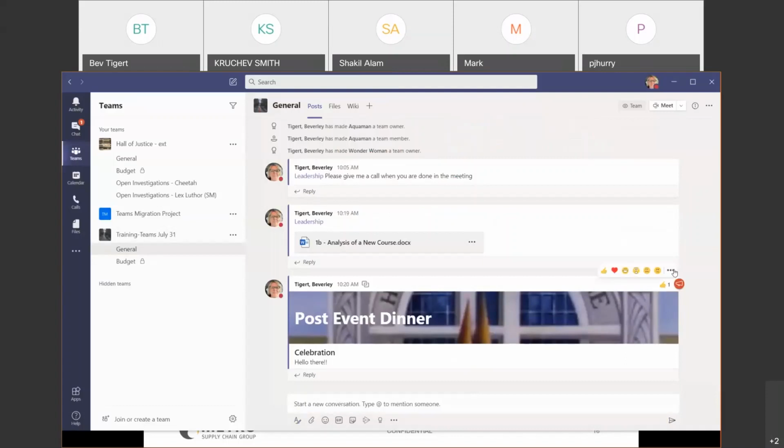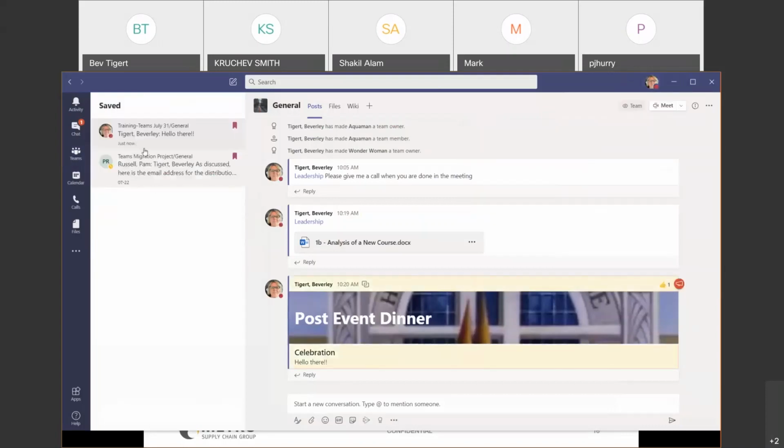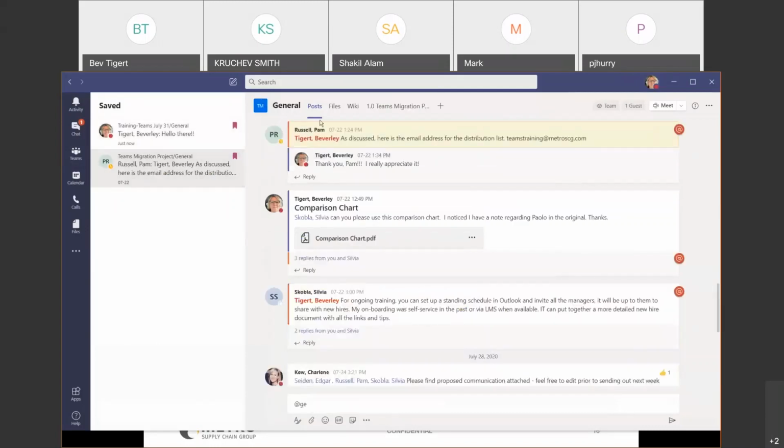I'm going to go back up here, the more dots. Right, you can do different things, turn off your notifications, save this message. So if I want to save this because I want to make sure that I have it in my calendar, I can go save this message. And then you can see up at your profile pic, I know some of you may remember from part 1, you can go here to saved, and then there it is. And I have another saved one here that took me into another channel, and it highlights what I need. So using saved is really good for to-dos or reminders, that type of stuff.